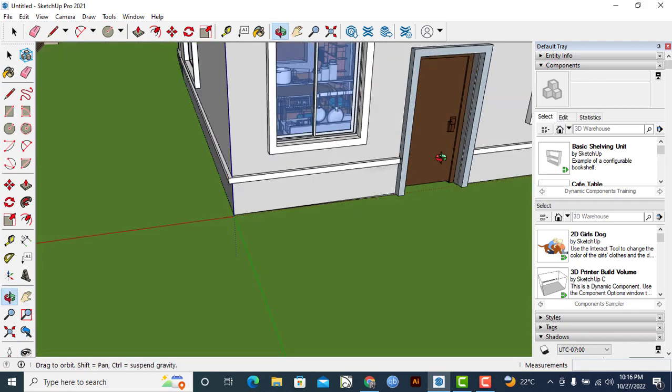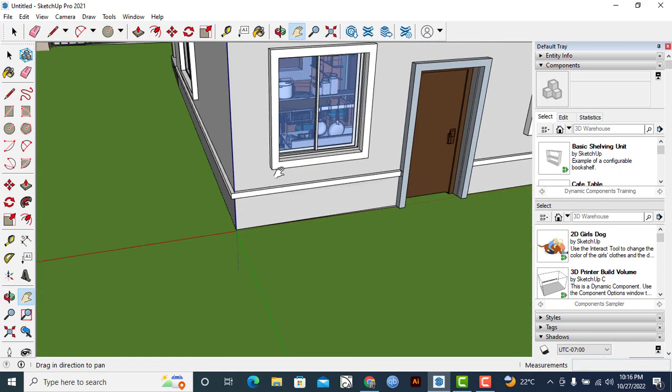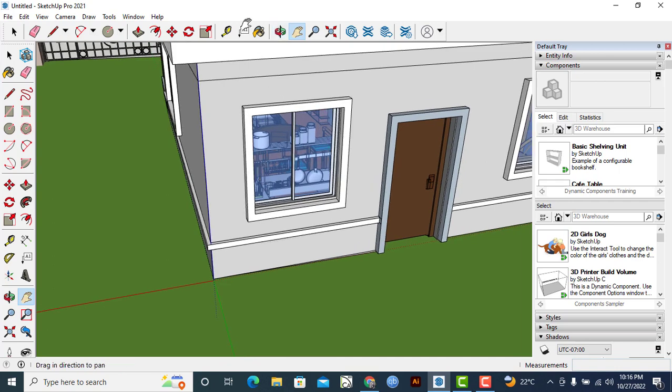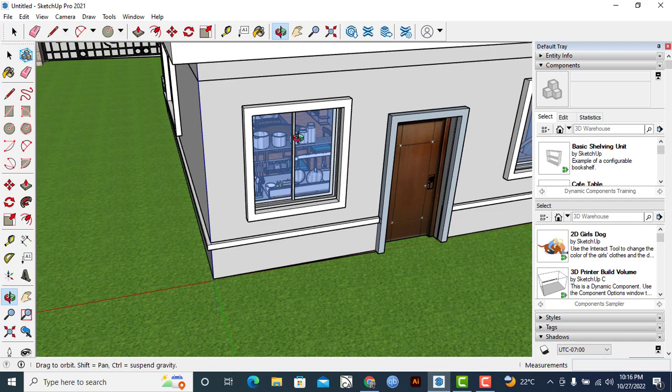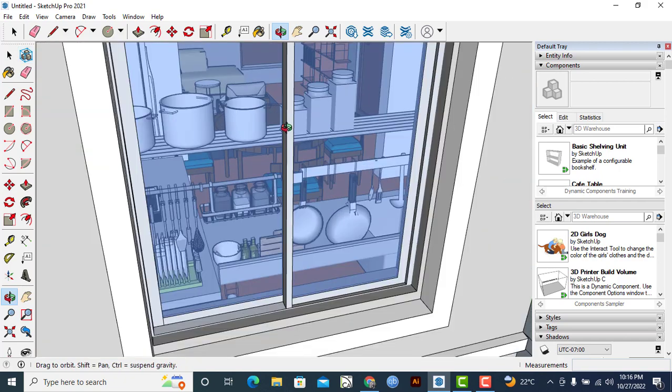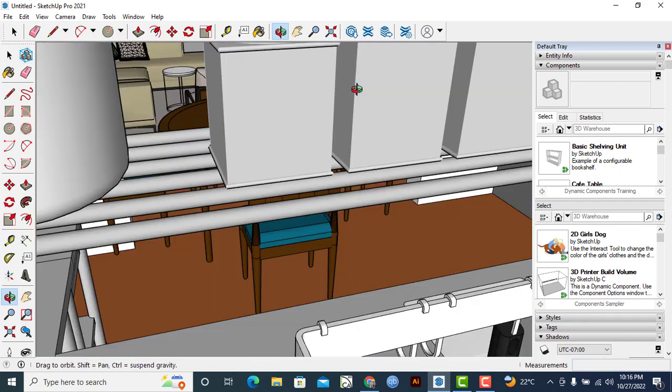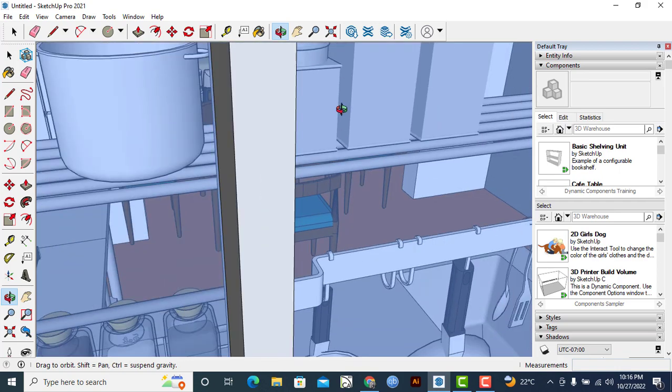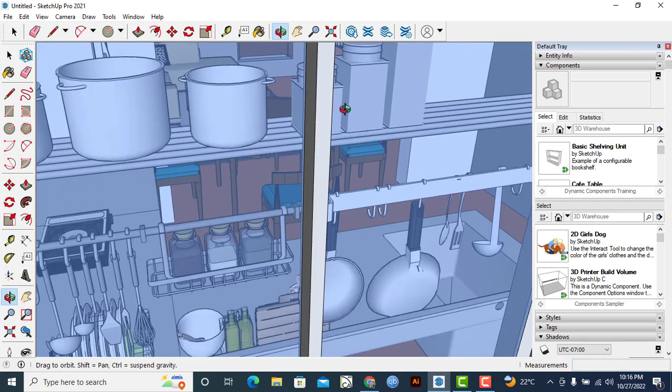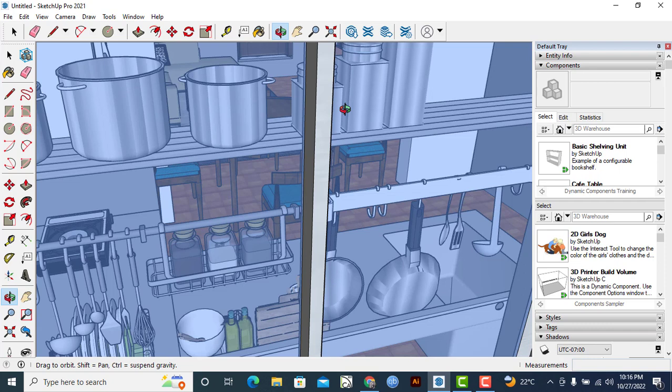So for example, let me undo that selection, and we realize that the reason why the section is of use in this particular context is that I don't have to struggle so much to look at the component from this angle. For example, let me click on this, and then